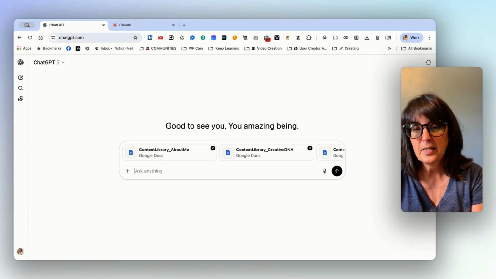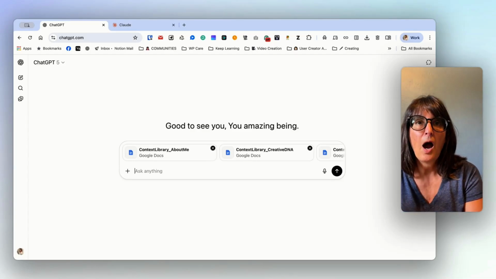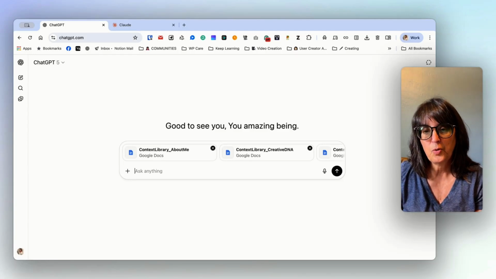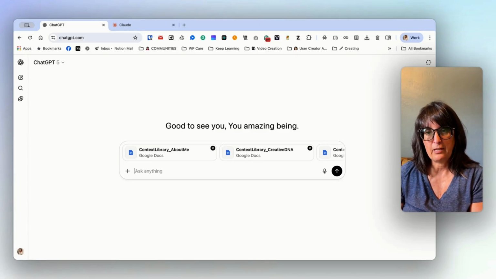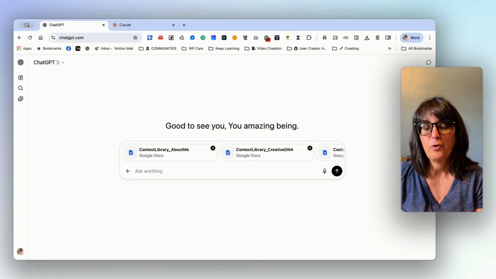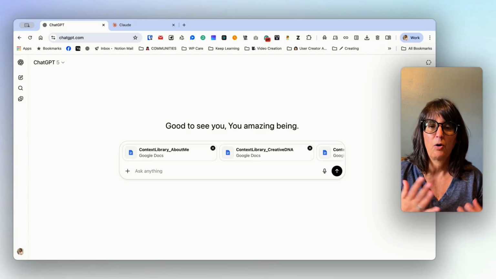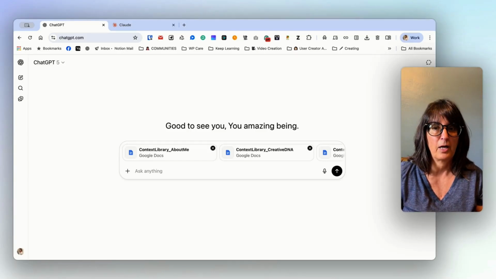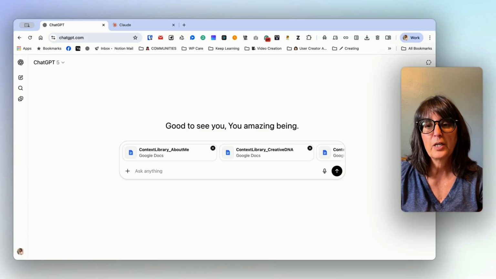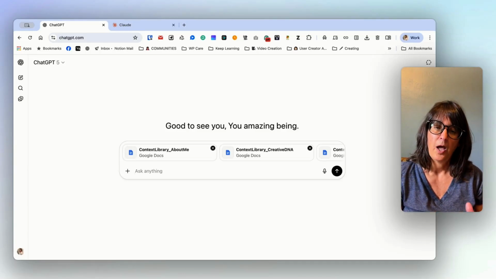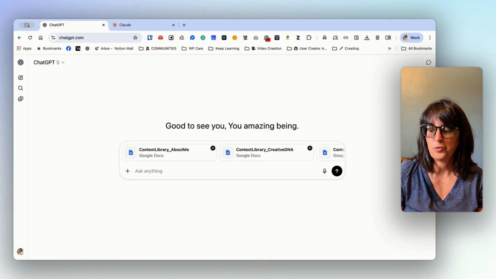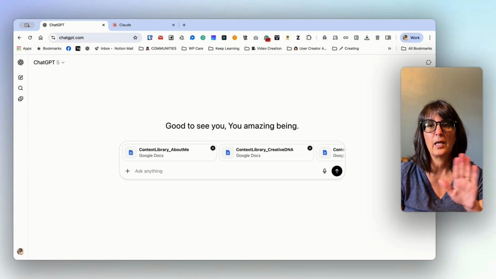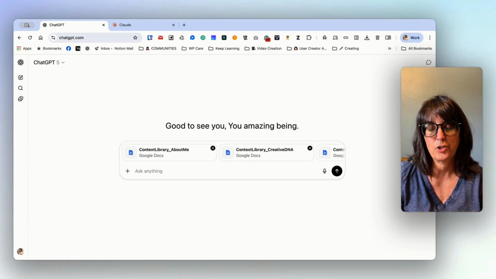Why do this instead of upload? I like to do it this way because I always have the most up-to-date version of that file, and I don't have to worry about looking through my drives for changes I made. While I'm working in these documents, I know that if I made an update, it was right in the document. And if I connect to this document, it's getting the most up-to-date version.